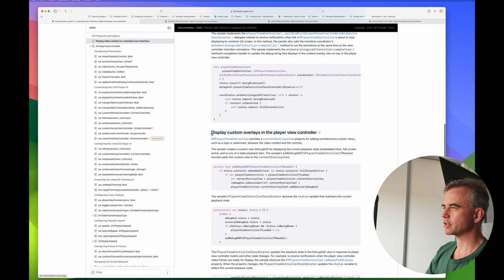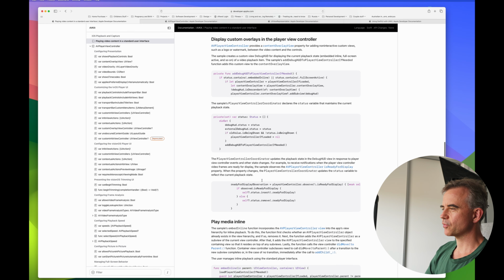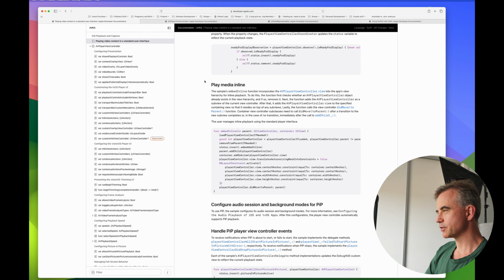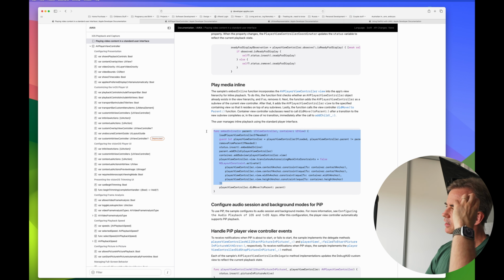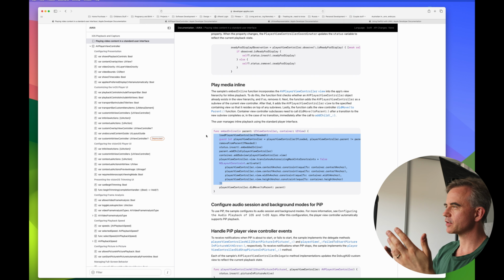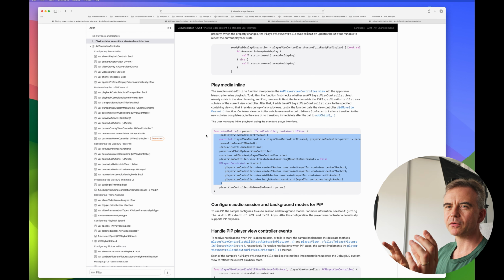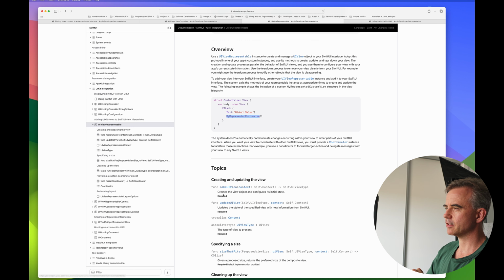So we can also do custom overlays. So this allows us to embed inline. All right. So we have the view here that allows us to actually put it somewhere in our own. So okay. So we have the player view controller view. So here we go. We would have a UI view representable that gives us this and would give us update UI view,